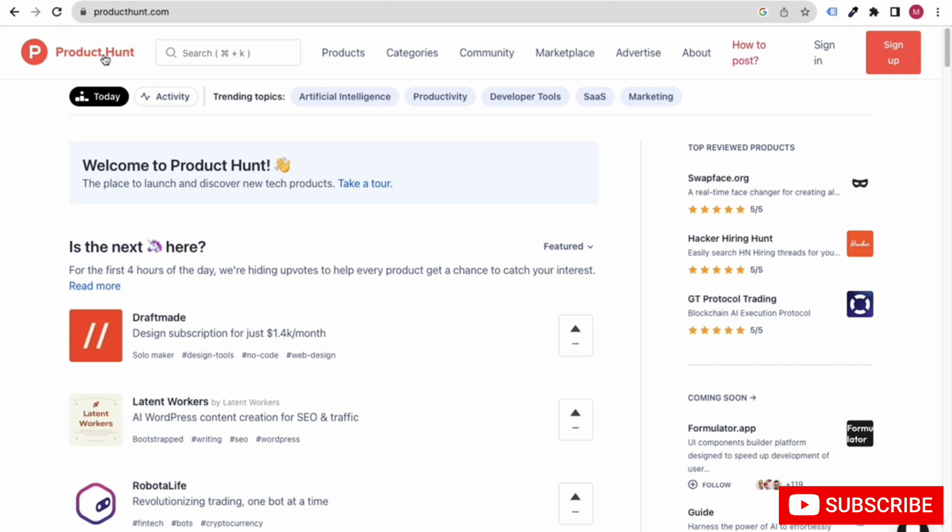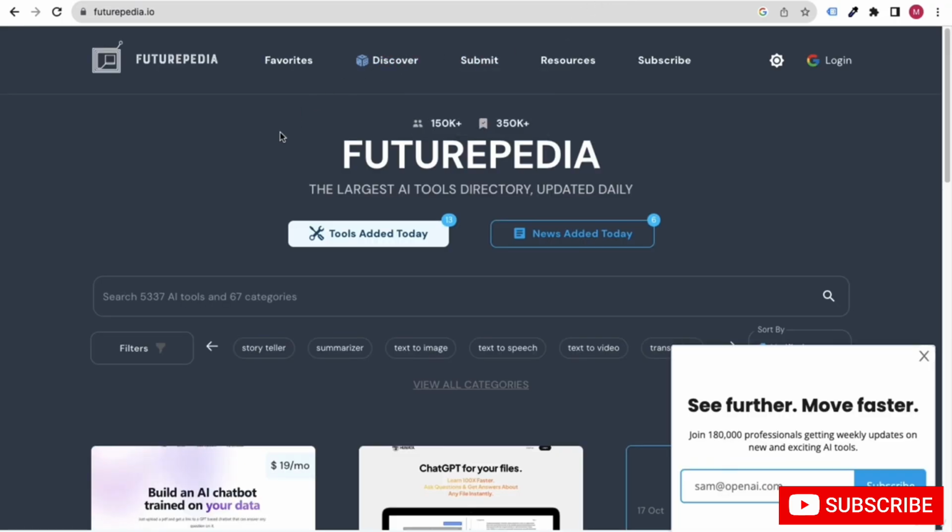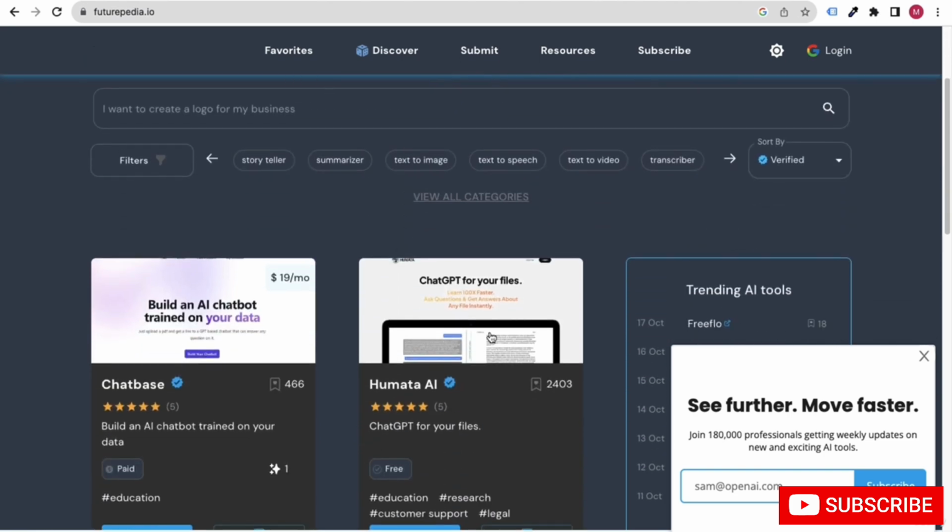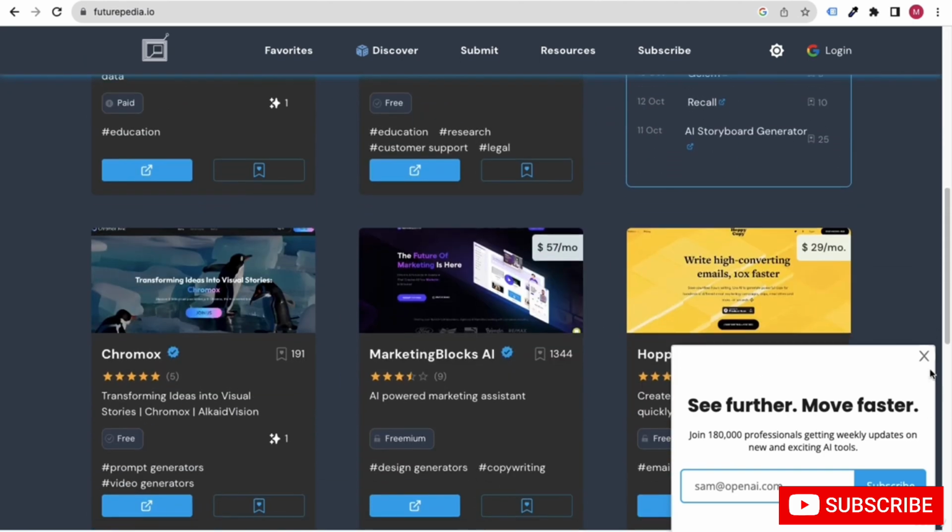Similarly, let's say you are creating some kind of tool. This type of website, like Futurepedia, is very helpful. You can put your tool here so that people explore your tool from this type of directory. You can see all different tools created by different people.